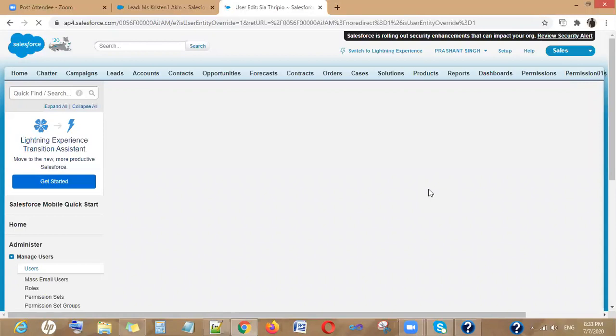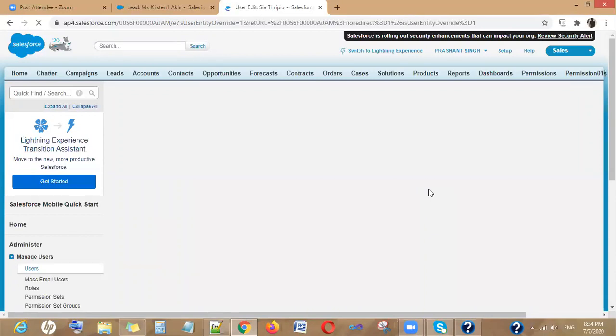By clicking on edit, you have the checkbox of active, and you have checked the active checkbox, so that means the user is present in your organization. When you uncheck this checkbox, the user will be deactivated, and the license which was consumed in the creation of user Sia will be free.